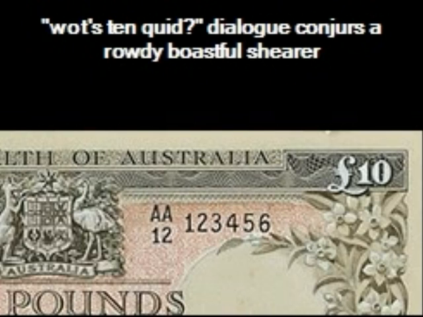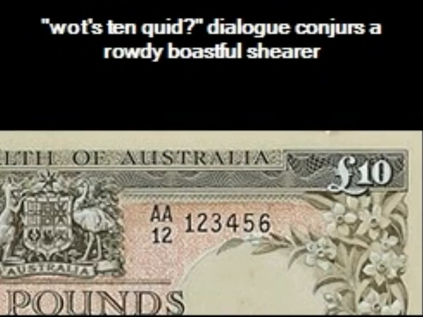Lawson has the bush larrikin come to life through the dialogue. You know, what's 10 quid? He says. You know, 10 quid is £10, which is quite a substantial amount of money. Apparently he's lost it, or it's been stolen, which is part of the whole story in this little anecdote. But this "what's 10 quid" conjures up a rather rowdy and boastful shearer, and rowdiness and boastfulness are part of